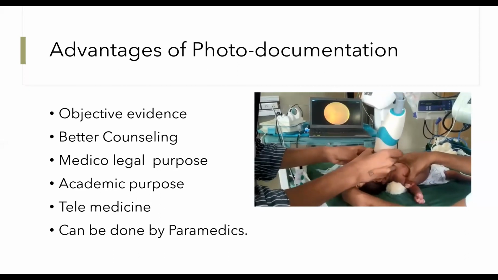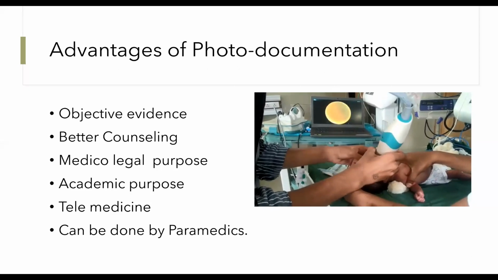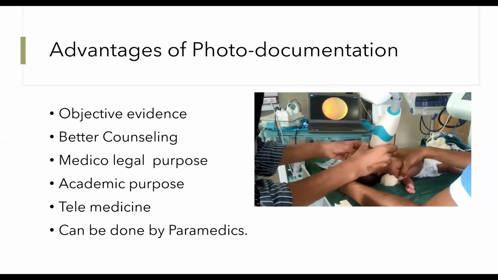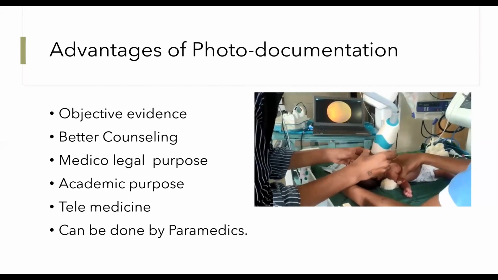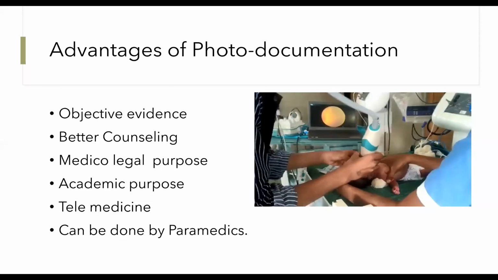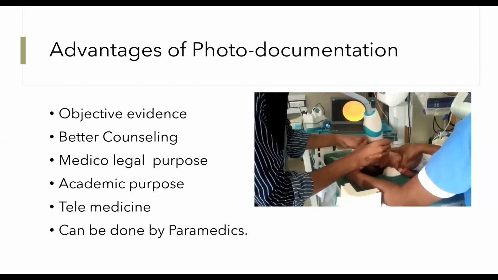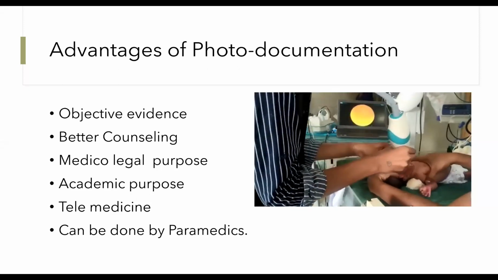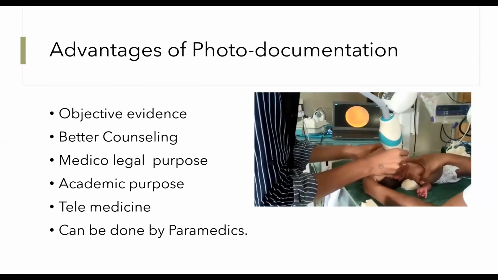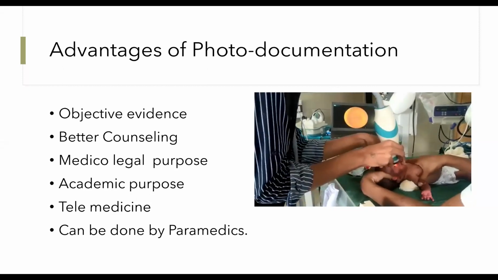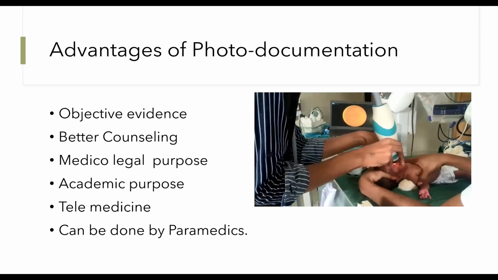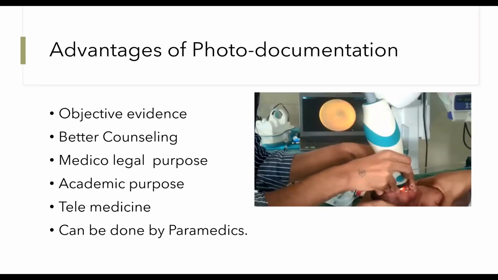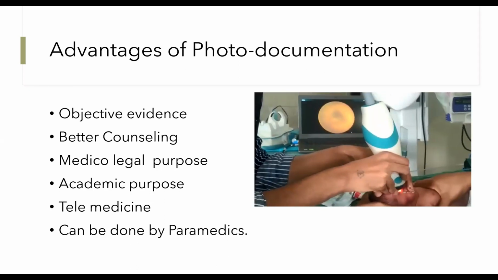The third purpose, which is one of the very important purposes of photographic evidence, is the medico-legal purpose. As we know, ROP has a very big legal suit. So having evidence in the images of why you treated these babies is important, and even if something bad happens with the baby, there are some conditions we see nowadays where the prognosis is very poor. Once you have captured those things on the camera, even if some legal obligation arises, you can explain that the disease was itself so bad from the start. Therefore, the prognosis is bad.